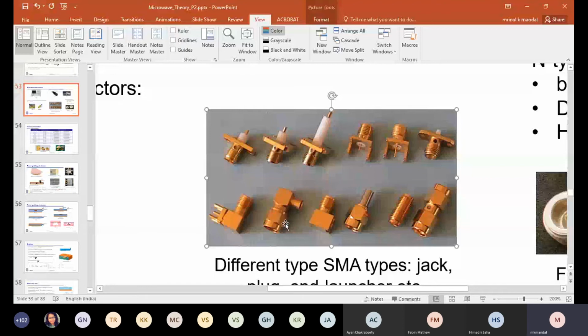So similarly, if I come to 1, 2, 3, 4, this is a straight adapter, SMA to SMB. And now we have to mention that plug, male, female, all these things. This is an adapter again. Right side, top right, this is actually an SMA to SMA connector, but the first one is a female jack, and the right one is a male plug. Okay, so that's how we go.